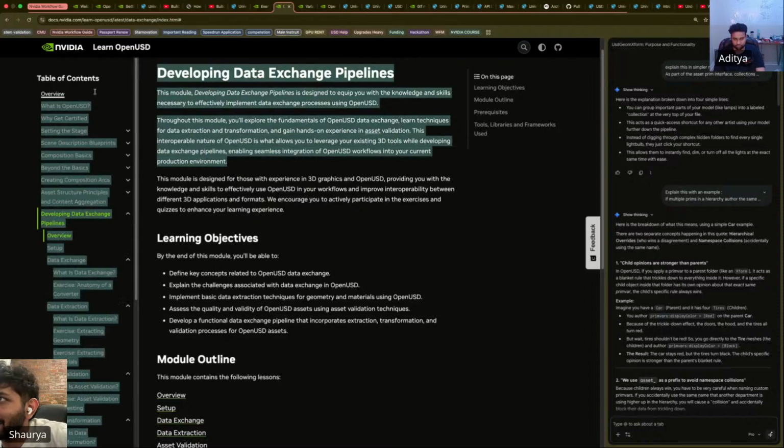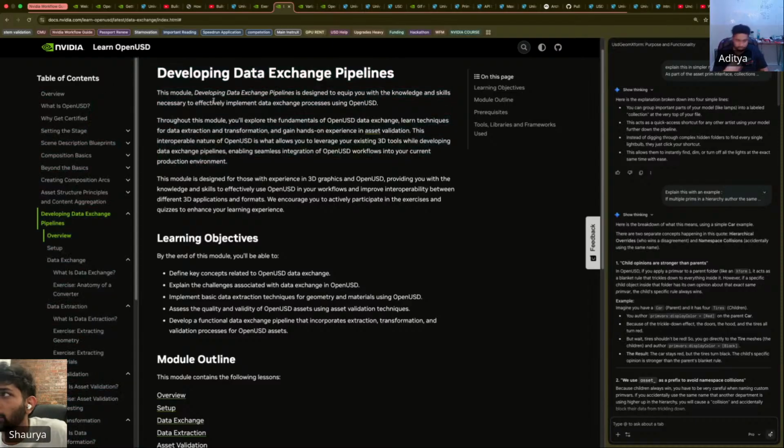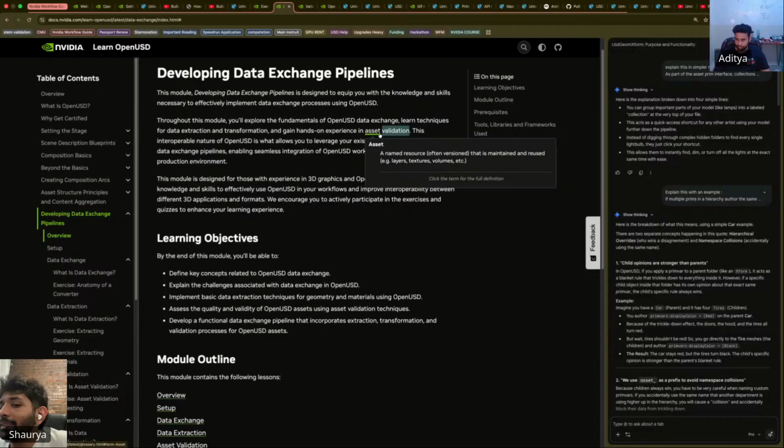As already read over here, this module, developing data exchange pipelines, is designed to equip you with the knowledge and skills necessary to effectively implement data exchange processes using OpenUSD. Data exchange processes being the key word over here. Throughout this module, you'll explore the fundamentals of OpenUSD data exchange, learn techniques for data extraction and transformation, and gain hands-on experience in asset validation. I don't know what asset validation is yet, but I think this is what we're going to learn in this